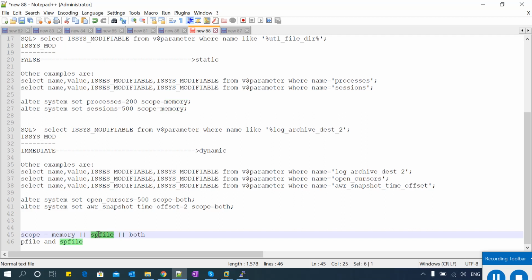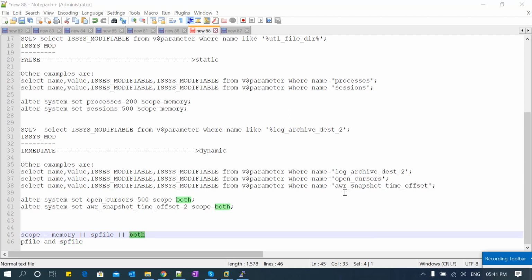With scope equal to sp file, you are going to change this open cursor value to 500, and then it will be modified in your sp file. It will not be reflected in your database immediately. Once you bounce the database, this new value will take effect.